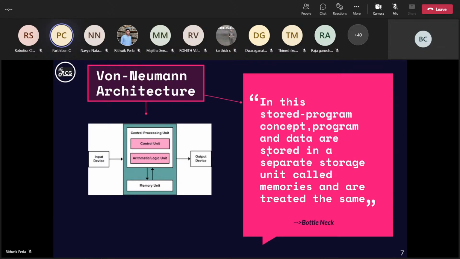When we execute in parallel, we may overcome the problem of time wastage, but here, as they are executed one after the other, the CPU's efficiency gets reduced. This problem is called the von Neumann bottleneck problem. Though the name is something different, the problem is very easy to understand. So to overcome this bottleneck problem, we go to the next architectural type, that is Harvard architecture.